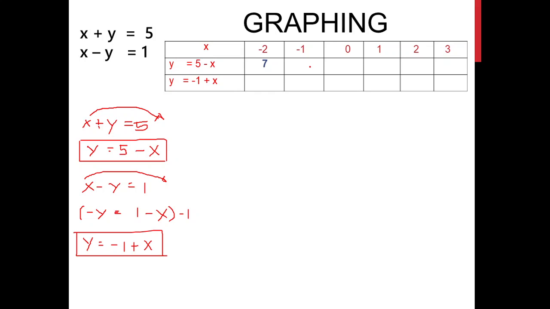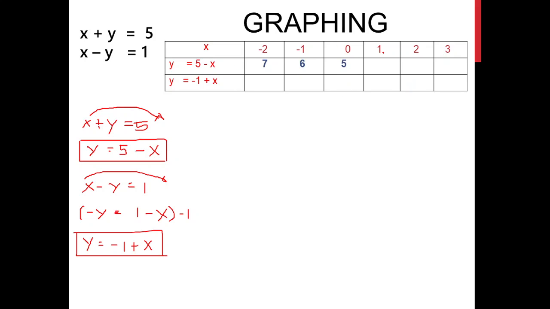Or you can just see my video on the integers. Okay, next, when my x is negative 1, substitute negative 1 here. So you have negative and negative, that becomes positive. So 5 plus 1 is 6. When my x is equal to 0, obviously this becomes 0. So what's left is 5.